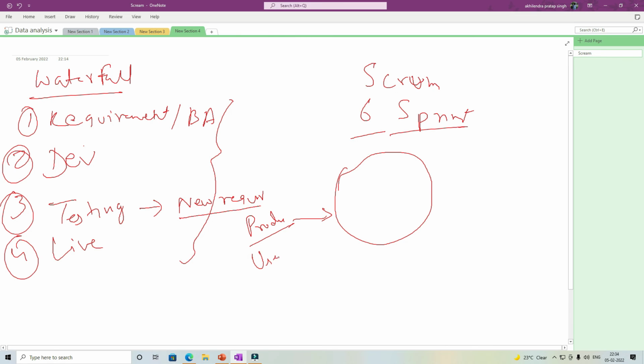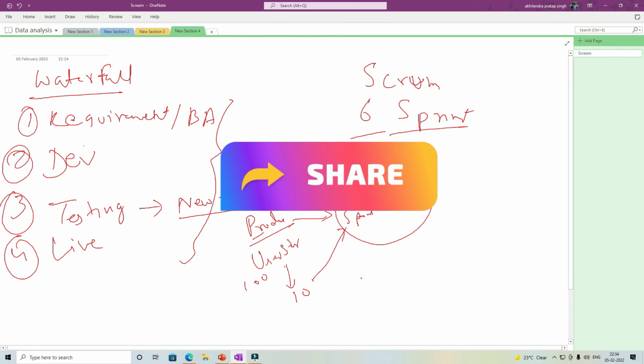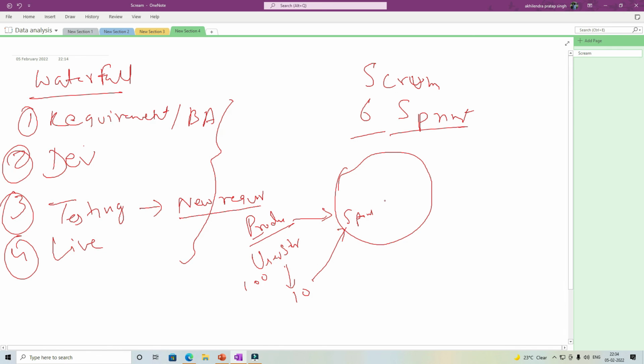So it will be all user stories. Out of these user stories, you will select, let's say we had 100 requirements. We will use 10 requirements or user stories for this particular sprint. So they will move here. It will become your sprint backlog. So this is product backlog. When you select or assign few user stories to a particular sprint, it's called a sprint backlog. So this sprint will have all these phases, or rather all these activities.